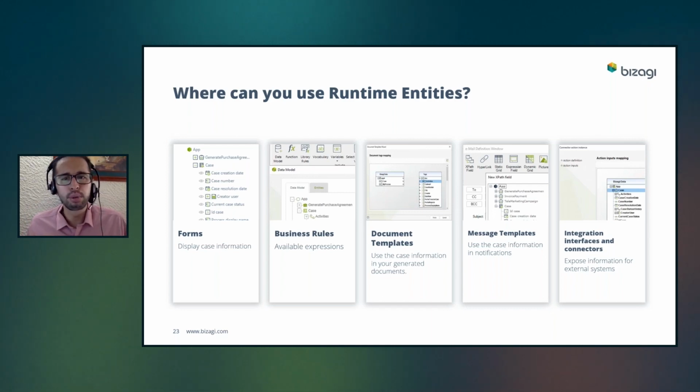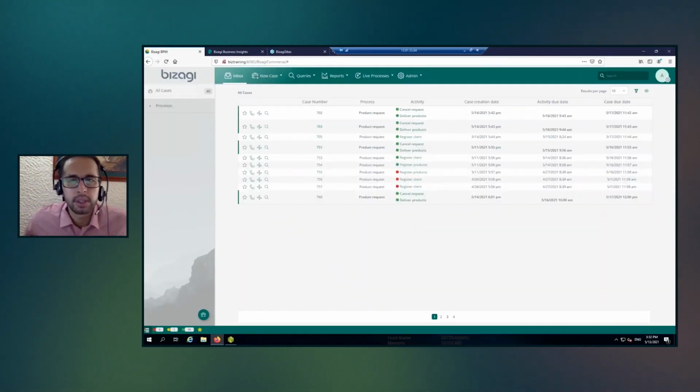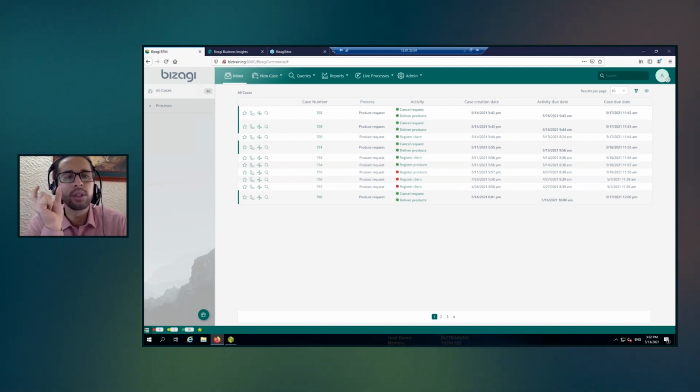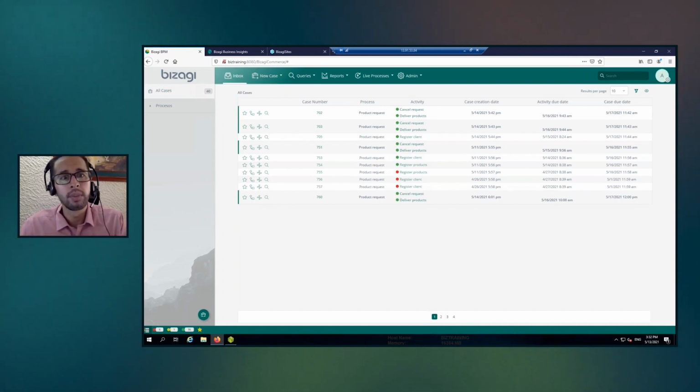So now let me go pretty quickly to show you how these tools work live in our products. Take into account that here I am talking about just two main features: out-of-the-box reports, ready to use, in real time, with all the information, and the second one, runtime entities. I'm going to start first with the out-of-the-box reports. Let me show you where they are located, how you can use them,